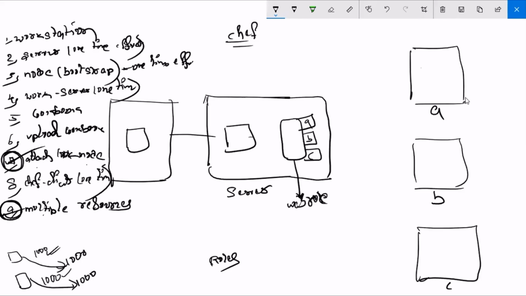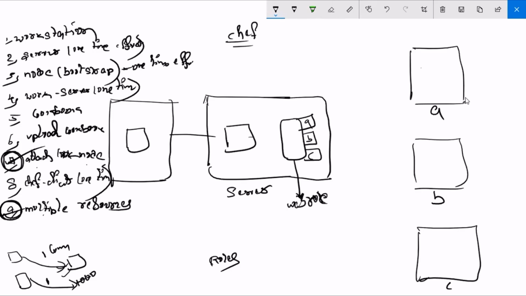So now onwards, today you have written a cookbook. Instead of attaching this cookbook to all 1000 nodes, you attach it to only one role. So only one command. Same, tomorrow you again write a cookbook. Instead of attaching that cookbook to all 1000 nodes, you only attach that cookbook to one role.